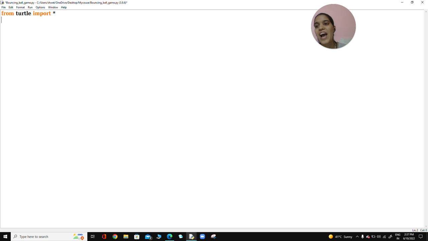Once we have imported all the functions from Turtle module, we need to create a screen where we are going to draw something or create the game. So here I am creating the screen by using the screen function. This is the screen function where I am going to create the screen. Now if you run these two lines of code,